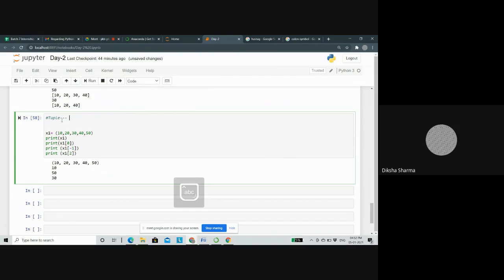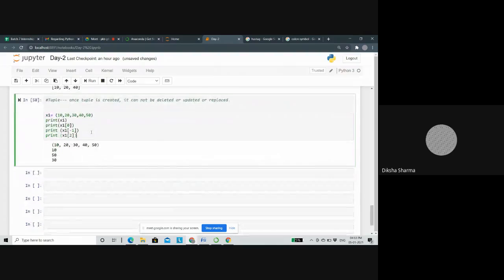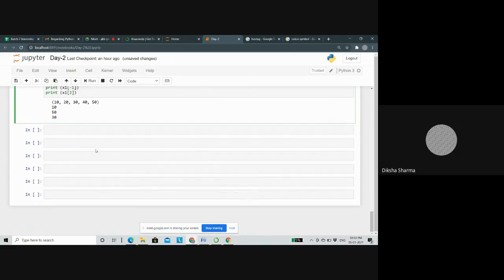Once a tuple is created, we can fetch the value. But what I'm saying is, if we have created this tuple, we cannot delete it, update it or replace it. So to try that, what we can do,